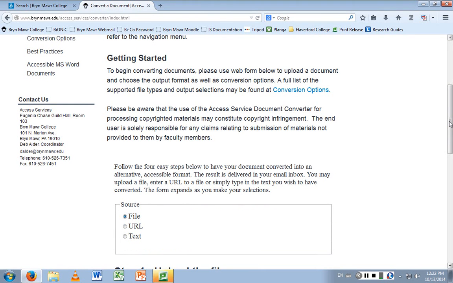So a professor who had a handout last minute and needed to send it to, for instance, our student who is blind and prefers Braille, or needs a Word document to access some of her technology, could simply scan that document, upload it through this document converter, send it to the student, and it would come out in the format that they indicate.